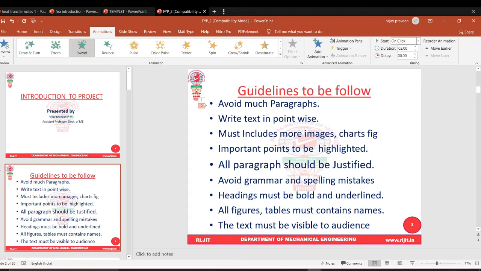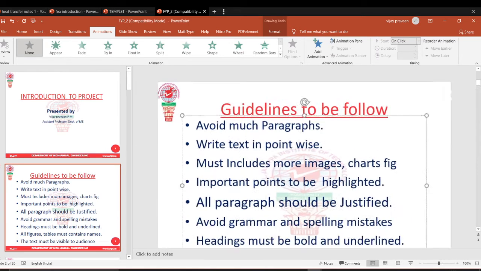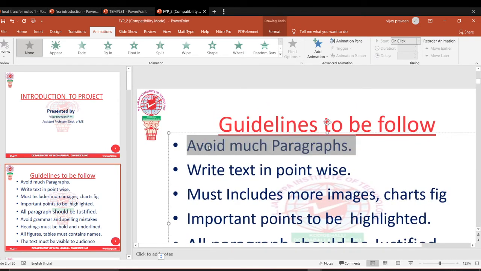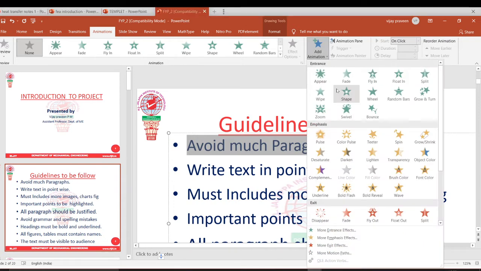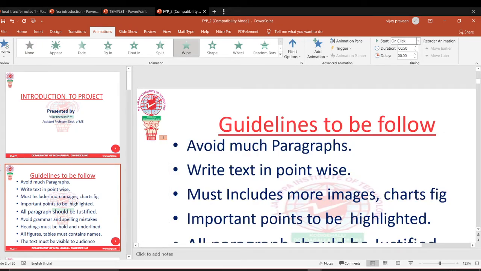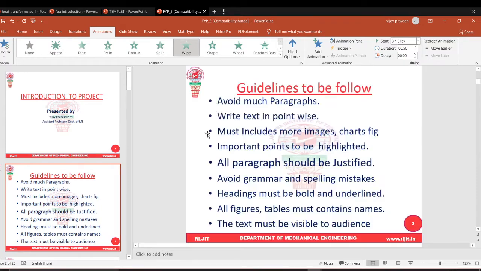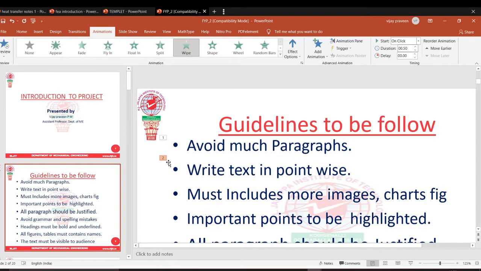See, 1 and 2 means two animations are applied. I want to delete, so I select the number and use the delete option, then the 1 and 2 numbers will be removed. That means your animation is removed. Again I will apply add animation. Let us give some, okay, wipe I will give, this is enough for me. One I have given. So next I need to select the second one. Okay, again wipe I will give. So what happened? See, 1, then 2.